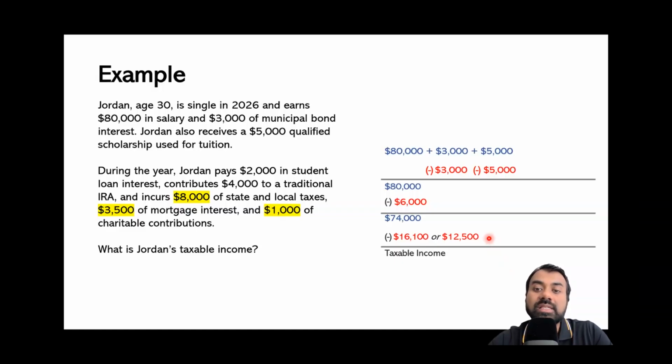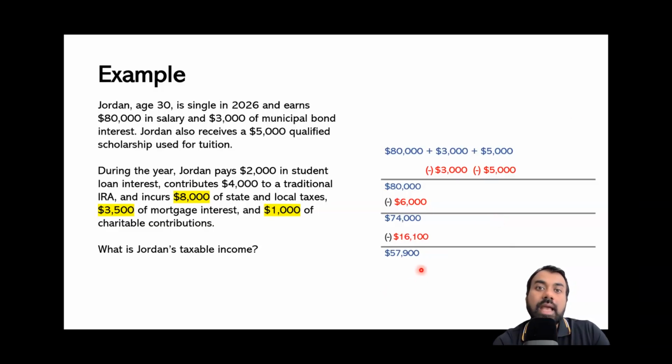So whichever is greater, Jordan goes with that one. And of course, 16,100 is greater than 12,500. And that's why Jordan will go with the standard deduction amount, which is 16,100, rather than taking the itemized deductions. So now that Jordan takes the standard deduction, once we do the math, we get the taxable income is equal to